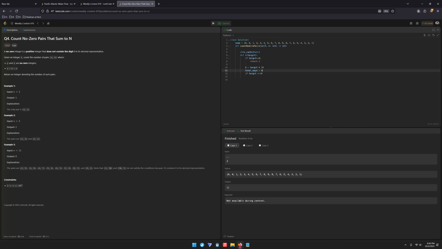Right off the bat, we are not allowed to do a 0, 0. So if there is a 0, then we better hope that there is another 1 in the next place, or else we are kind of hosed. So solution dot sums of d, and then if target is greater than or equal to 10, then